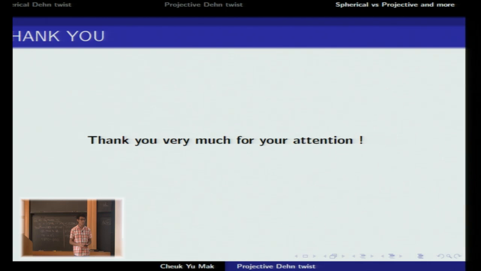Some more questions? Yeah. Could you tell what P objects are in the bounded derived category of coherent sheaves? Yeah, it is